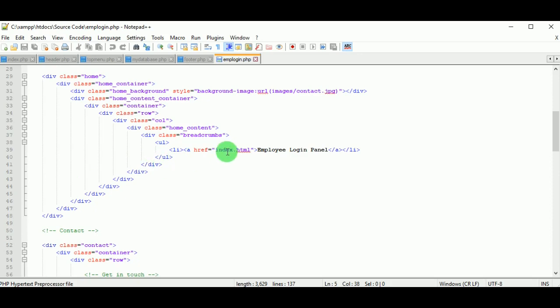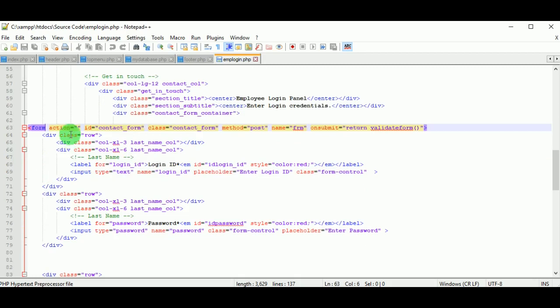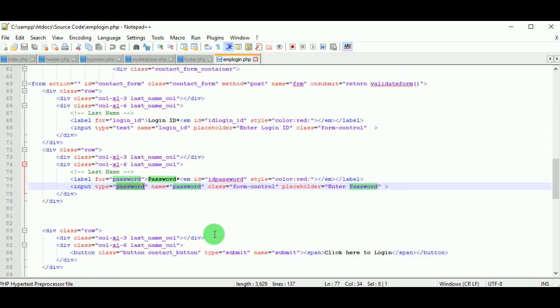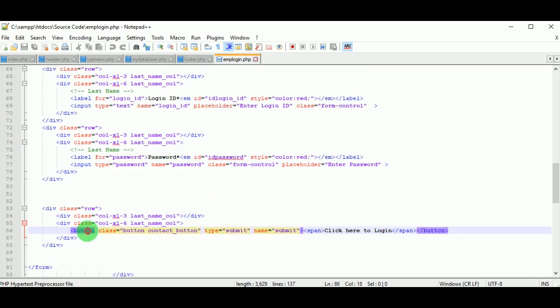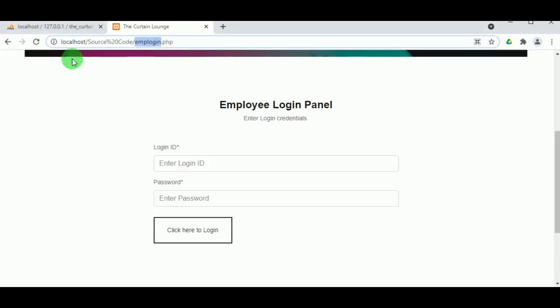You can see there is a form action, and an onsubmit written validate form. Then there is a label for login ID and an input of type text named login ID, with the placeholder enter login ID. Again there is a label for password, and an input of type password, also named password, with the placeholder enter password. Next there is a submit button which says click here to login.